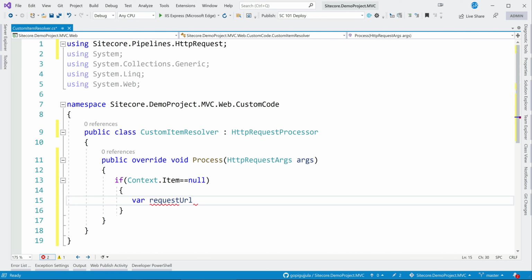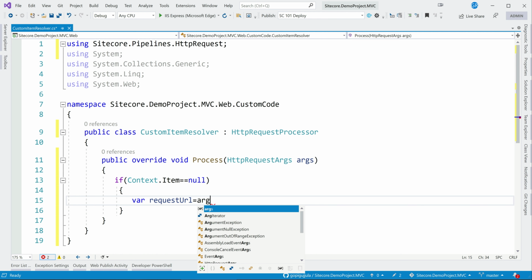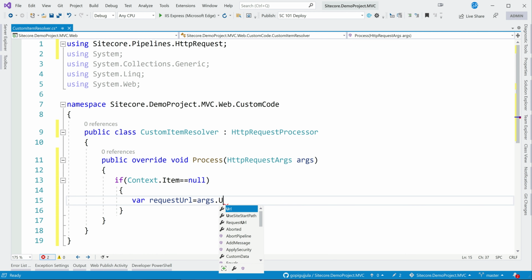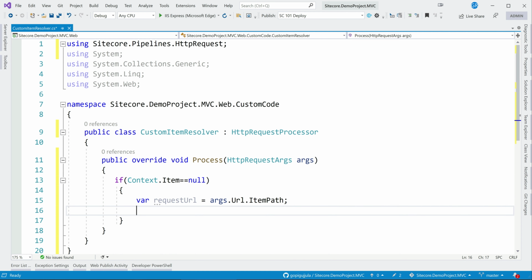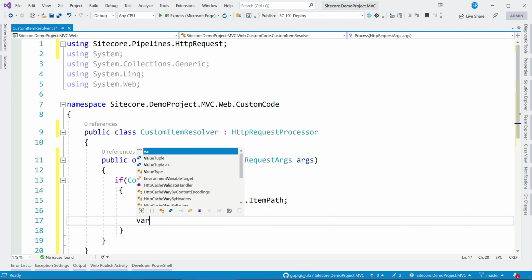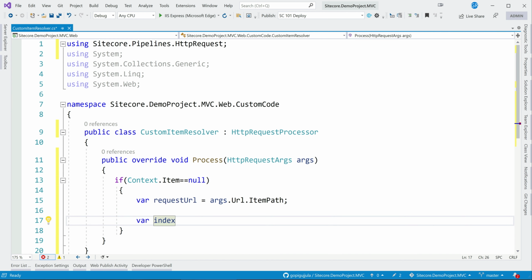Request URL and args dot URL dot item path. So we are getting the item, and I need to fetch the last, so let me just pull this.